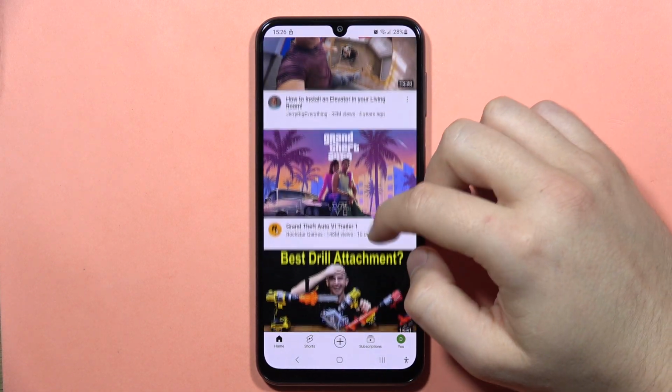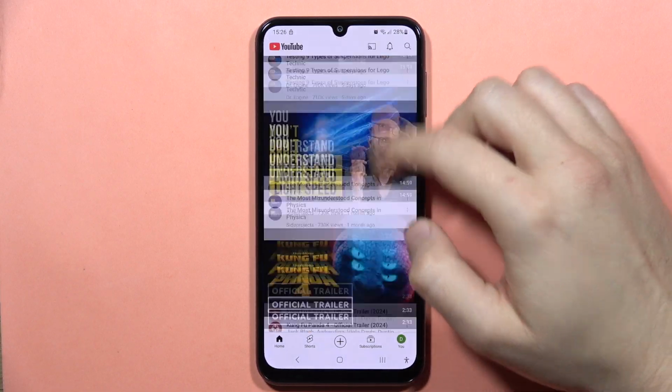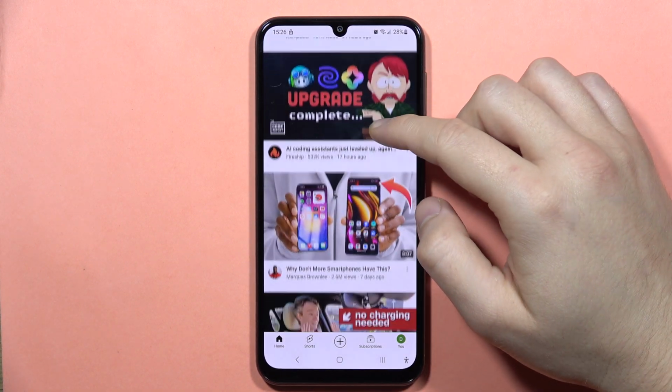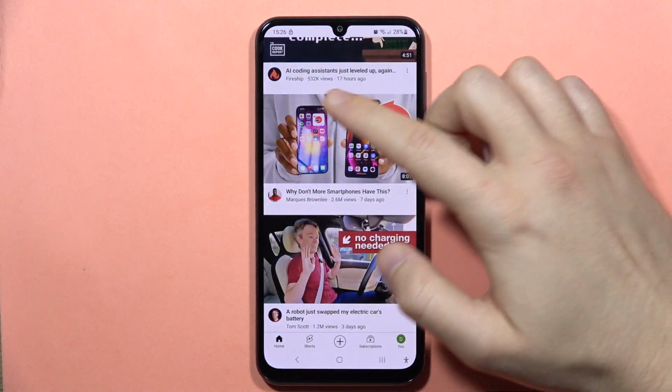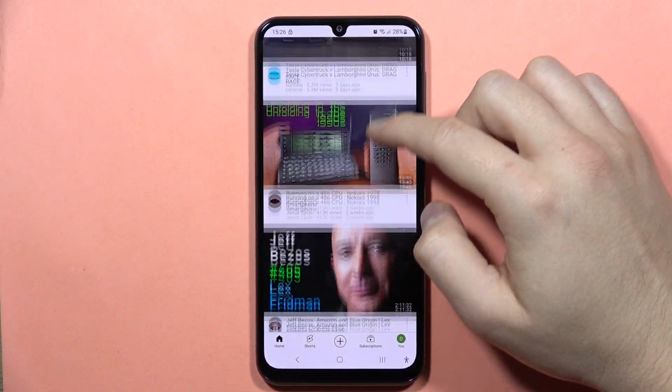But I was also using a second account, and when I click on this Not interested, when I scroll down a little bit, I have these Shorts right here. So we have to also repeat with the same one, and you will basically get rid of this Shorts stuff